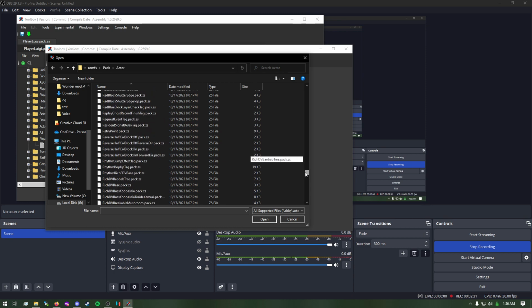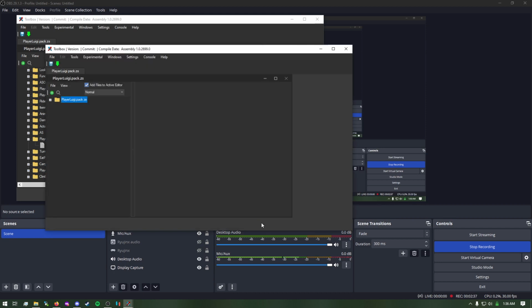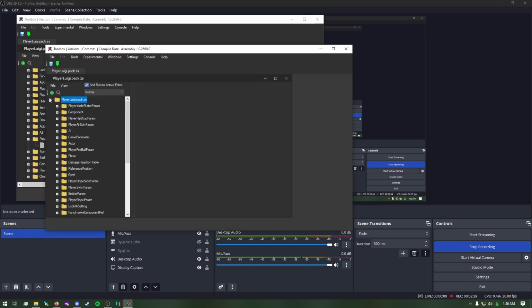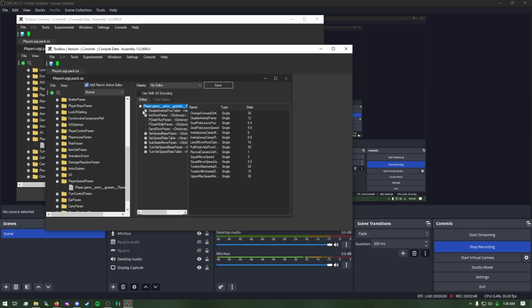But it's pretty simple. You basically just paste that ROMFS after you edit it into the mod directory, which you can get by right-clicking on the game in Ryujinx. So yeah, we got player Luigi here. And then we go to player speed parameter. Right here, I keep double-clicking on ISO. You don't need to do that. Alright, so if we look,